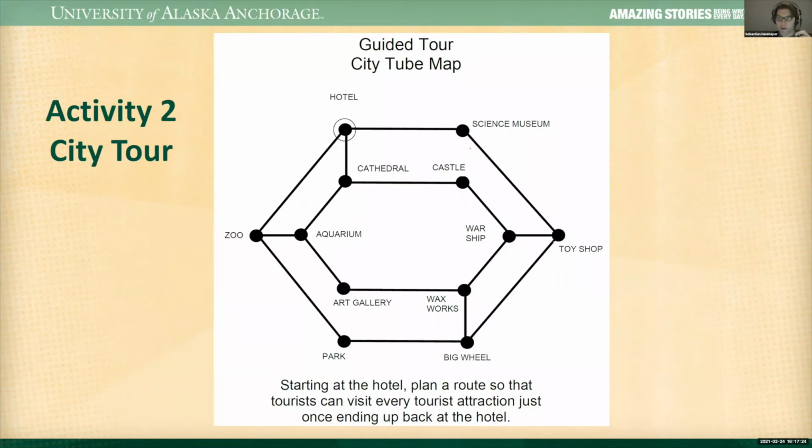Okay, so now I'm going to talk about another computer science idea. And this one has another analogy to it. So imagine that we have a city map. When you have a city map, if you're a tourist, you're often just interested in some places that you want to visit in the city. Like there's a cathedral that might be cool. There's a castle over here, an art gallery, a science museum.